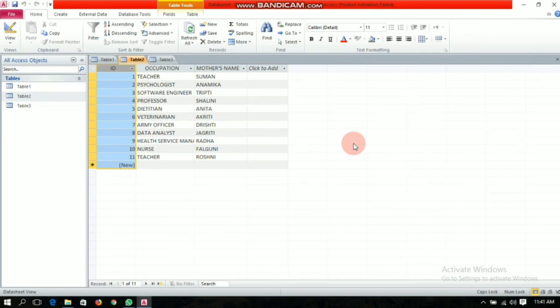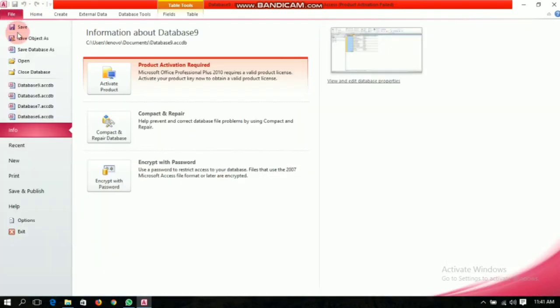Here I have named the tables as table 1, table 2 and table 3. And if I want to rename these tables, we have to close this database. Here it is written save object as, save database as.